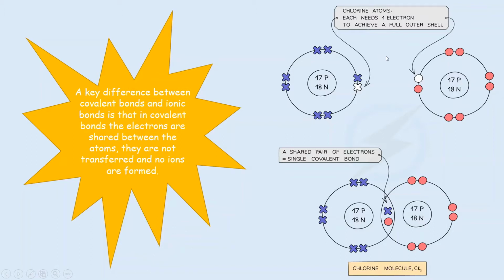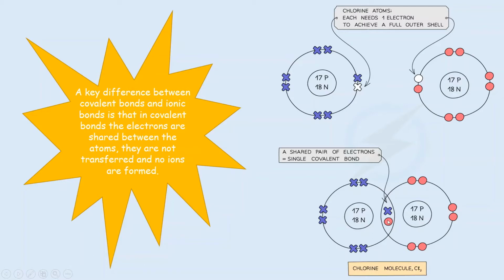So if you have a look at this example here of two chlorine atoms, chlorine, which is in group 7, has an atomic number of 17. It's going to have 7 electrons in its outer shell. In order for it to have a full outer shell, it requires 8 electrons in its outer shell. Therefore, it requires one more. If you have two chlorine atoms, what they can do, such as what you see here, they can overlap their outer shell or their outermost energy level, and by doing so, they're sharing a pair of electrons, or they're forming